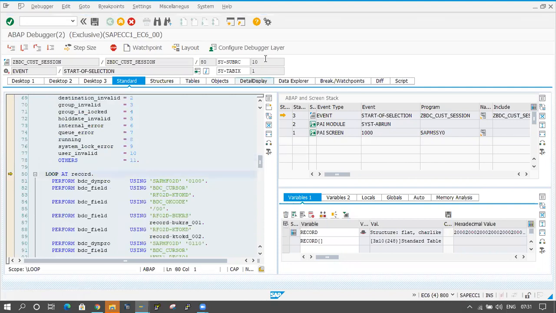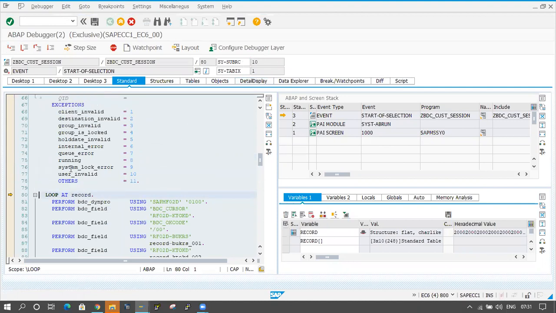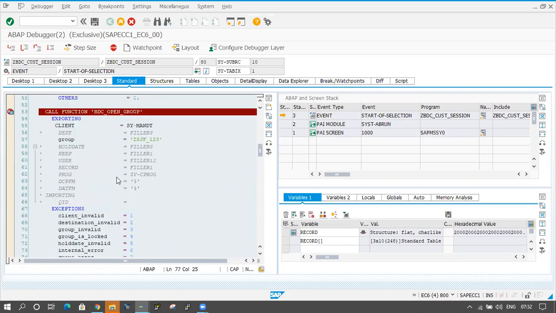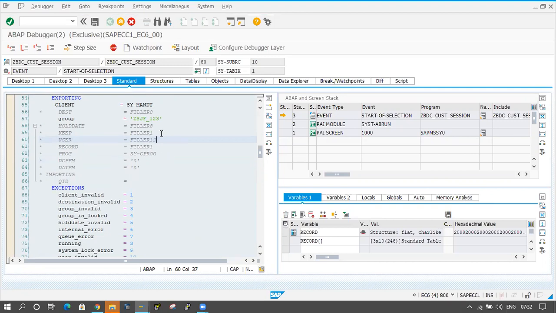Same problem. Sy-subrc equals 10. Okay, 10 means user invalid is coming here, and I didn't touch that one. Fine, as he told, I will give some username here and check that one. If it is working fine, then it's okay. Otherwise, actually, we should not give the username like that. Let me check that also.